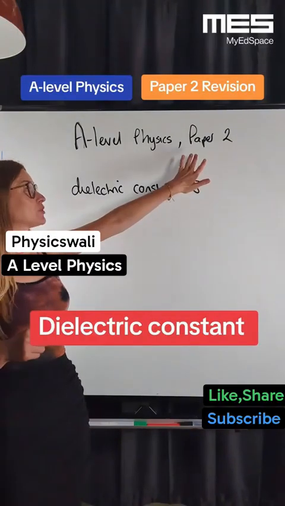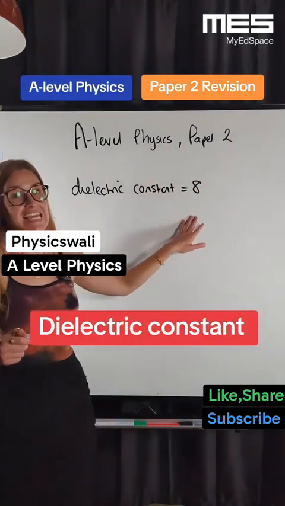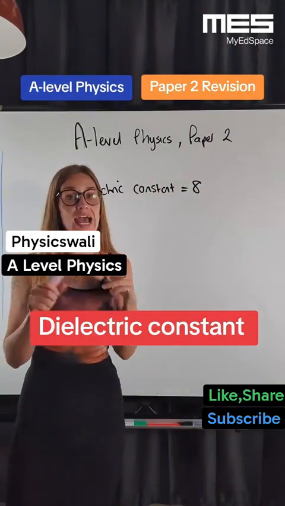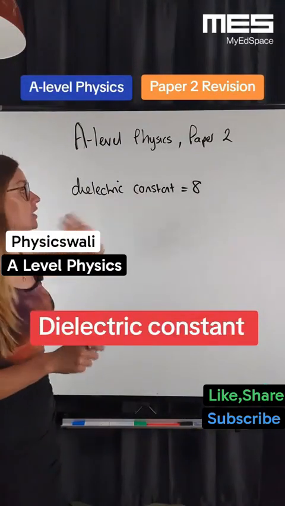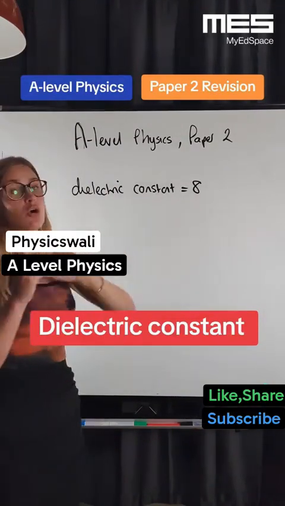A-level physics, paper 2, dielectric constant is 8. Okay, so I've seen quite a few questions now asking about this. What does that mean? Okay, so if it's got a dielectric constant of 8, first thing we look at is